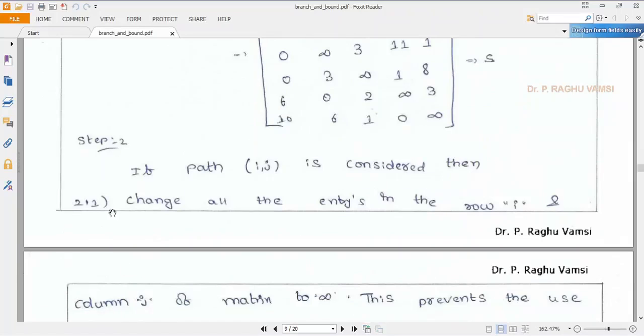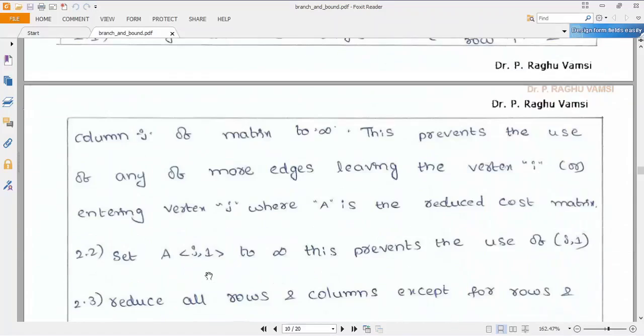That is step 2.1: change all the entries in row i and column j of the matrix to infinity. That means if the traveling salesperson is passing through i to j, then the corresponding values of ij and ji should be replaced with infinity. The reason is, if we place infinity, we cannot visit again. That means that path is already visited. To indicate that,